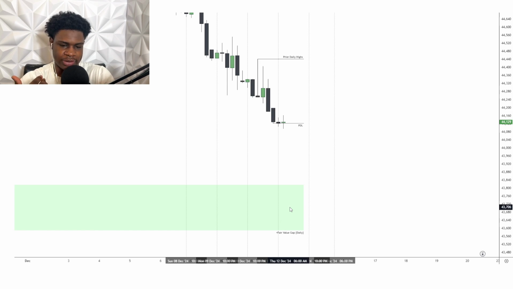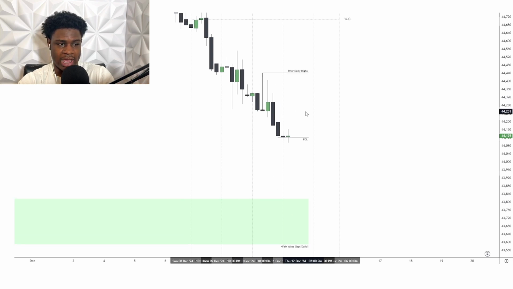So just keeping things very, very simple. We're in a clear downtrend. We took out the previous day lows, as well as we have a draw on liquidity down into this daily fair value gap. So now what we want to do here is mark out our potential points of interest of